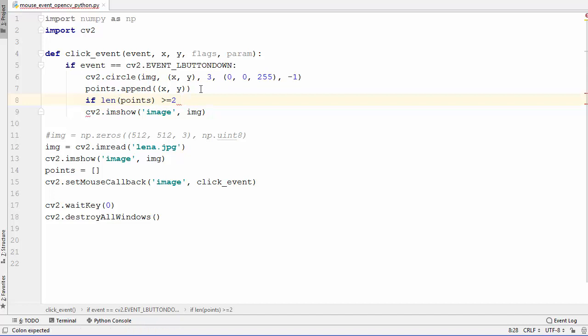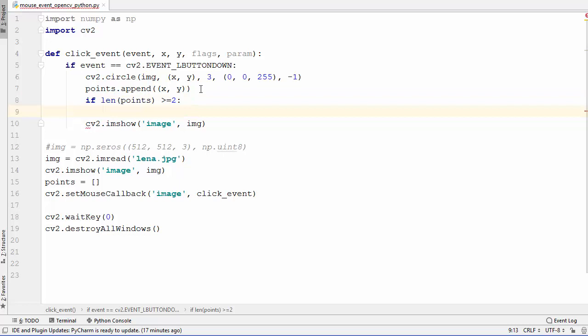Because the first click will be only a point, so we cannot connect this point with a line, but when we have 2 or more points, then we can connect those points with a line, right? So if this points array length is greater than or equal to 2, then we are going to create a line between those points, or the circles in our case.